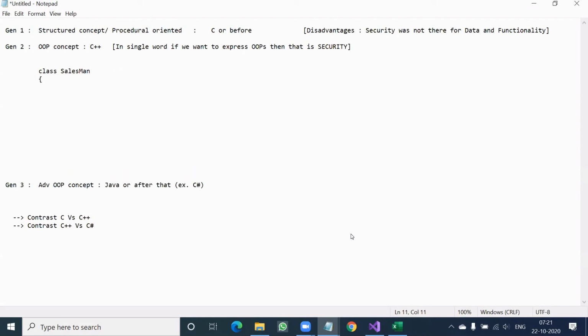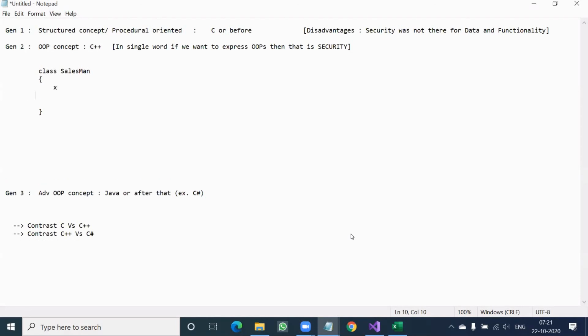What he is actually using, we will keep that inside this. At the first level, think about how the thought came into the picture. They said, why not put a boundary, and give that boundary a class name, and inside that we will keep x and y. I'm not writing integer or character, the exact syntax. I'm just giving you the skeletal structure idea. It may be string, integer, or decimal, no worry. Just think that x and y are two variables.